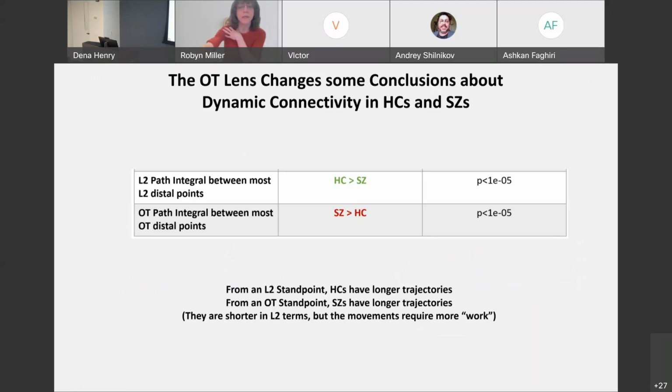And yeah, so there are some differences in key measures of dynamics. If you look at the dynamics measured with L2 versus measured with the OT distance, the direction of certain vectors